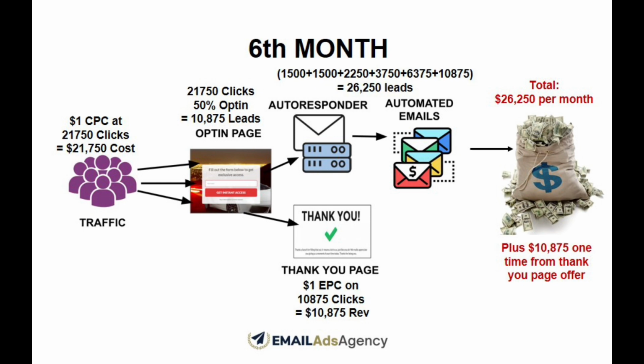Again, the same thing. We reinvest the $21,750 that we earned at the end of month 5 into traffic, and we get 21,750 clicks at a $1 CPC. We send those clicks to an opt-in page, and at a 50% opt-in rate, we get 10,875 leads. Those leads see the offer on the thank you page, and at a $1 EPC, we are able to generate $10,875. Again, those leads get added to our email list, and now we have an email list of 26,250 leads, which should be worth